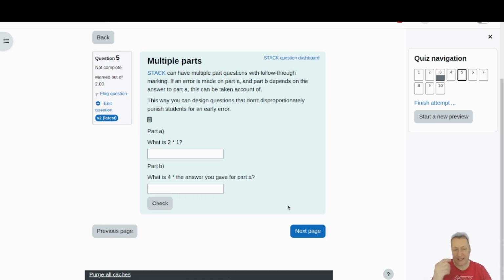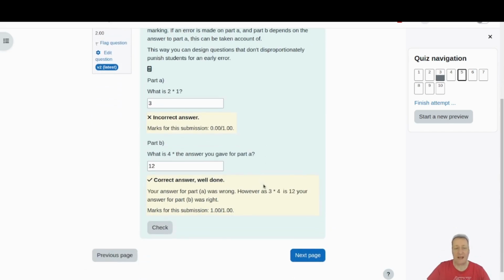So part A says, what is 2 times 1? I did say that there was going to be trivial maths involved in this. So when I was at school, 2 times 1 would be 2, but let's assume for some reason I think that 2 times 1 is 3. Part B says, what is 4 times the answer you gave for part A? Well, 4 3s are 12. Let's check on that. And as you would expect, it says that